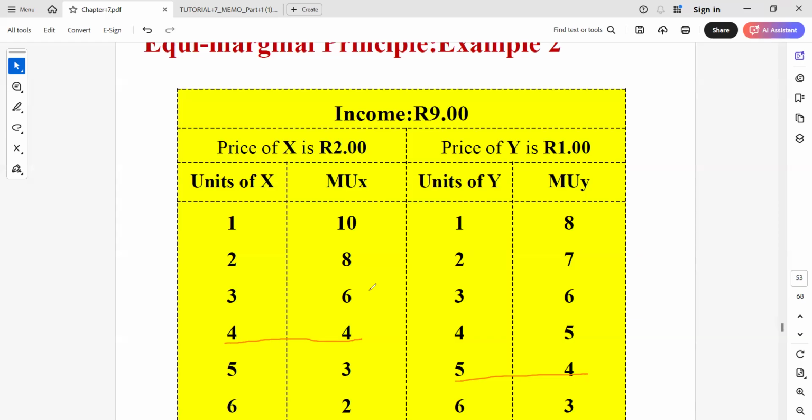Guys, let me show you how to calculate total utility before I close this video, because some of you might be surprised, why am I adding everything like that? It's easy. Because to get your marginal utility, you say your previous total